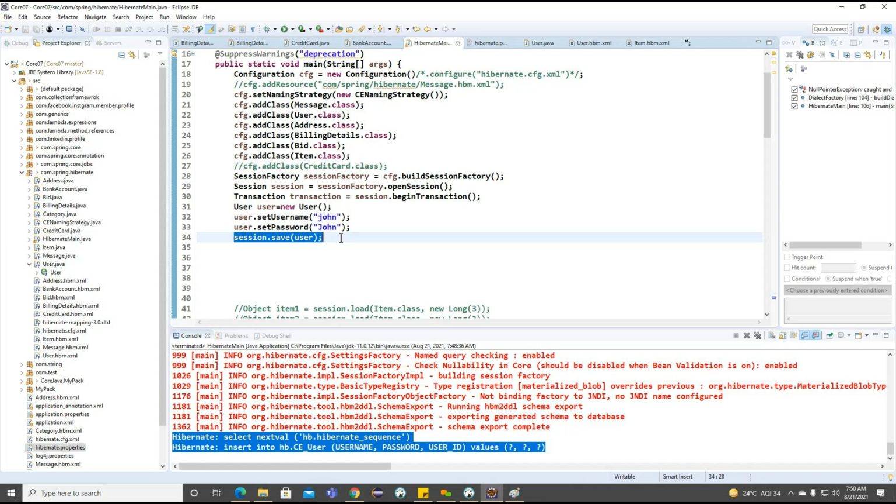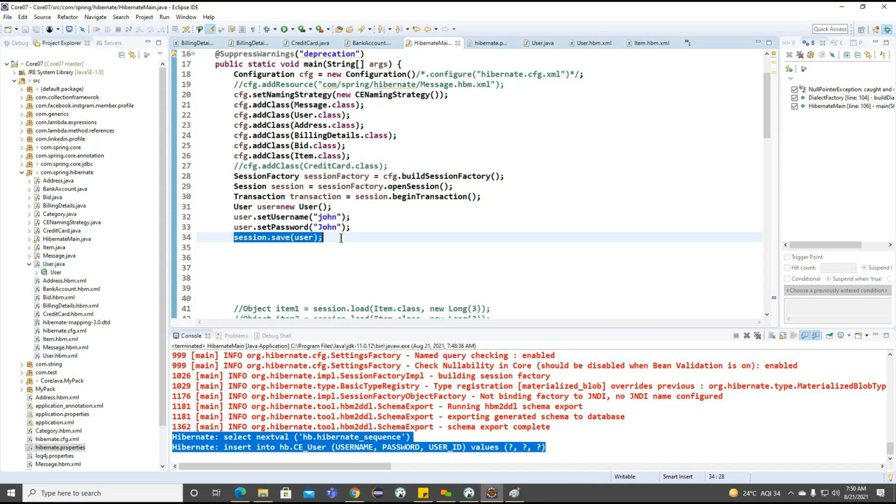So whenever we call this particular save method, what is happening internally? At the time when we call save, we can modify this particular object.